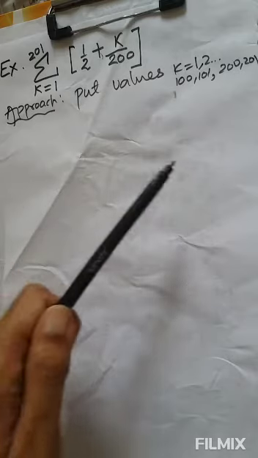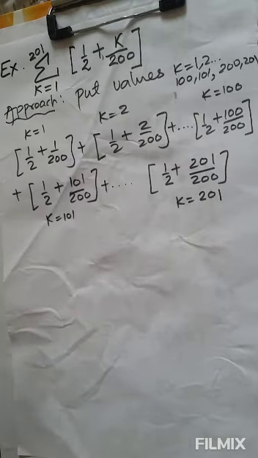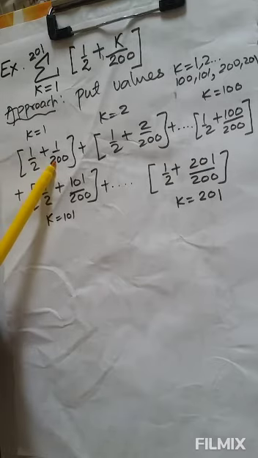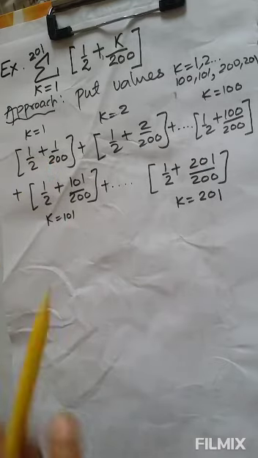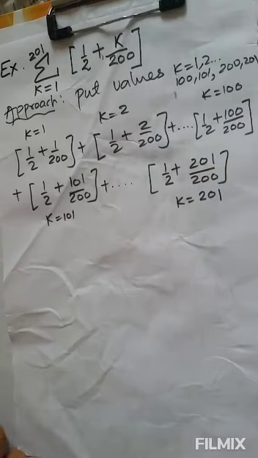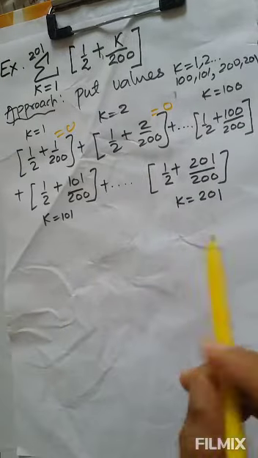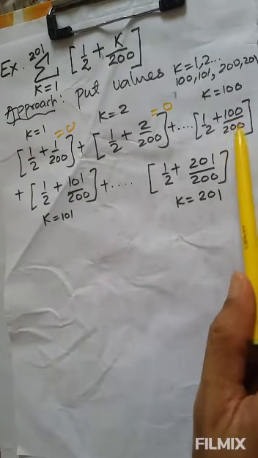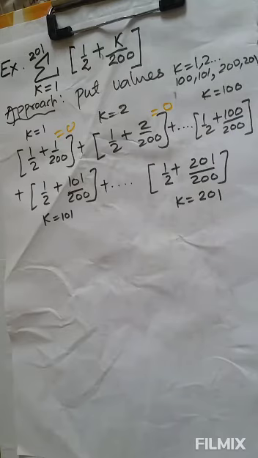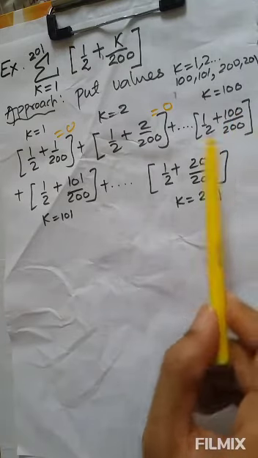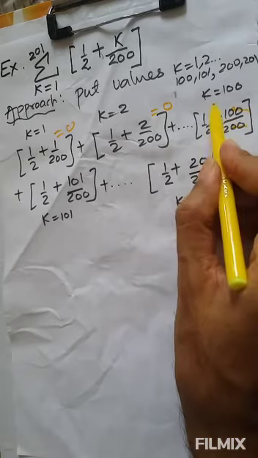From there we can get an idea of from which range to which range this greatest integer is 0, from which range to which range this greatest integer is 1, and so on. That way we can approach this. That way if we substitute values, k is equal to 1, 1 by 200, 2 by 200, if you check, the value of this becomes 0, this also becomes 0, but if you check till 100, so when you put 100 by 200, this becomes half, so you will get 1.